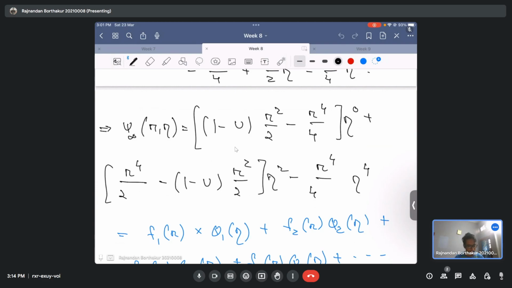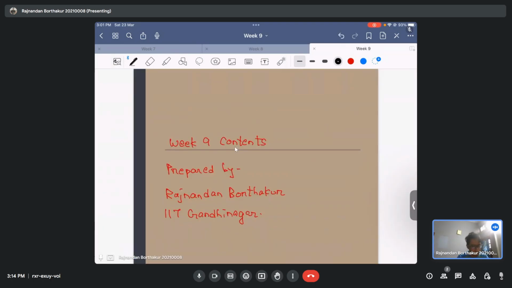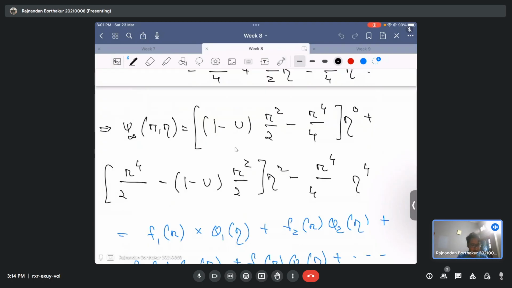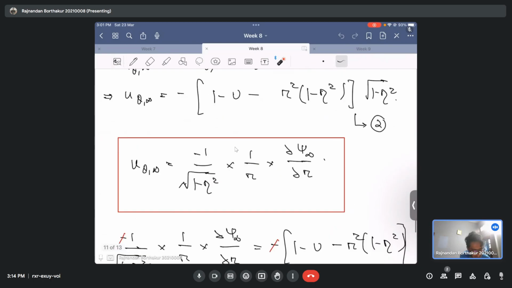Welcome back to the interactive session of the course Discuss Fluid Flow. So we resume with what we left in the last week. So basically, if you remember, in the last week we tried to solve